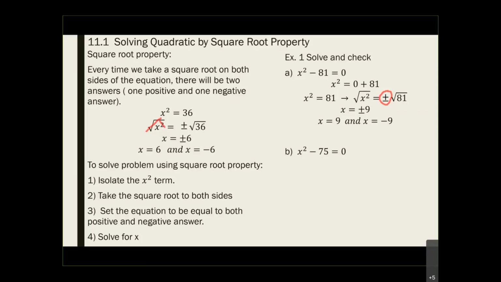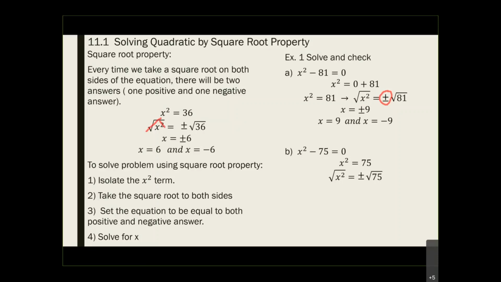How do I find the answer? The first thing is I need to add the 75 to the other side. And to add the 75 to the other side, this is what I have: x squared equal to 75. I need to take a square root. The only thing new is if I take a square root, there are two answers, one positive, one negative,